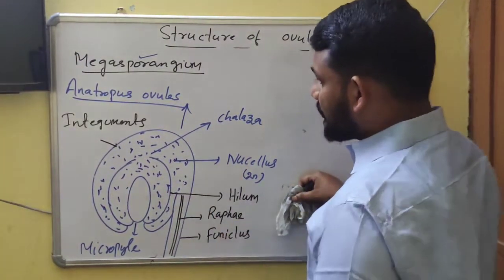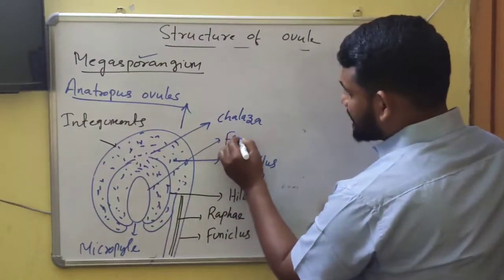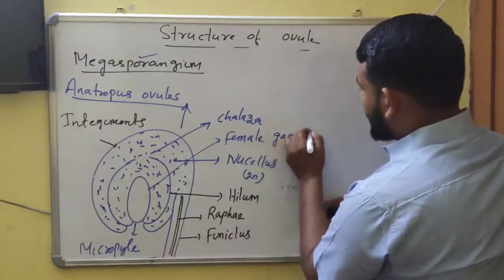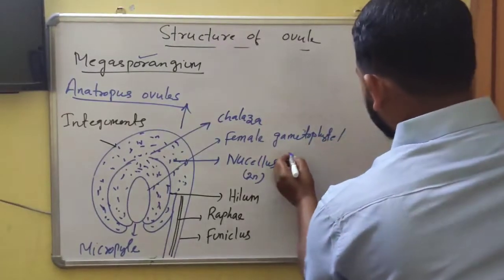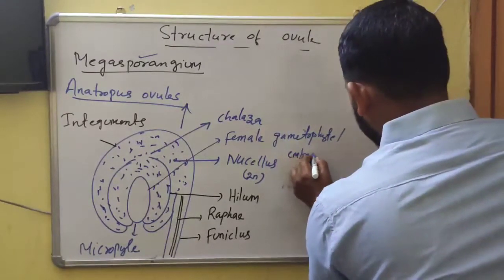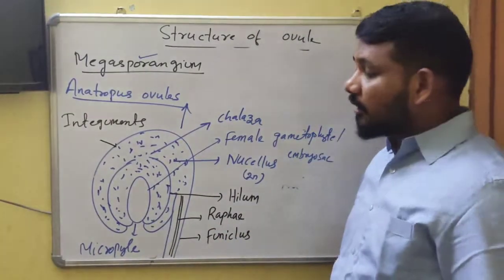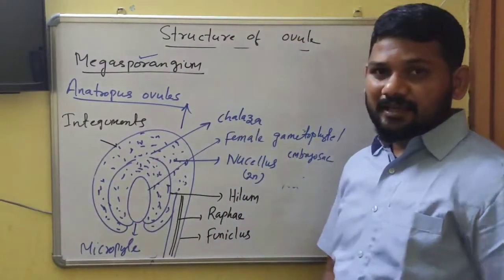At the center of this inverted ovule there is a structure called the female gametophyte. This female gametophyte is also known as the embryo sac, and this embryo sac finally contains the female gamete. How the female gametophyte develops inside the ovule is our next topic.